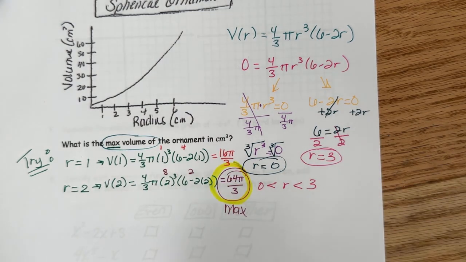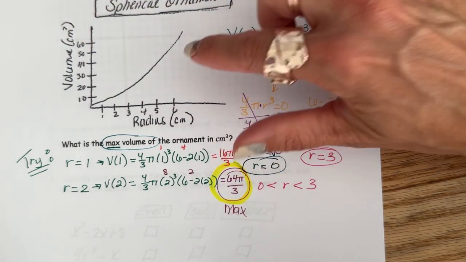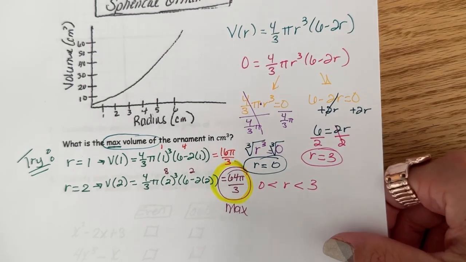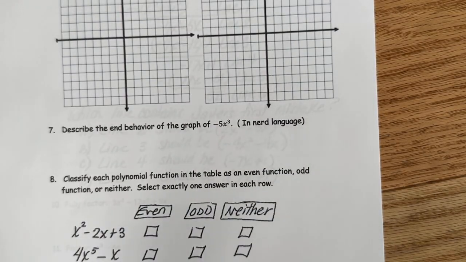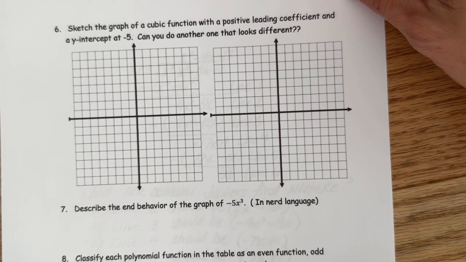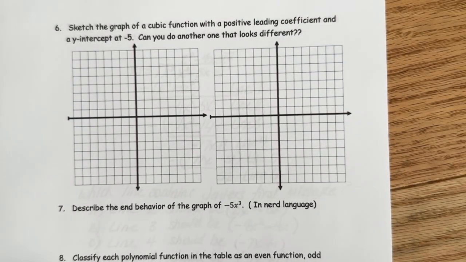Now the one on your test is a lot easier. It's multiple choice, and the graph on the one on the test is a lot more useful than this one is. FYI, the reviews are always harder on purpose so that you can be challenged enough so that you're prepared fully for the test. Okay, so it says sketch the graph of a cubic function with a positive leading coefficient